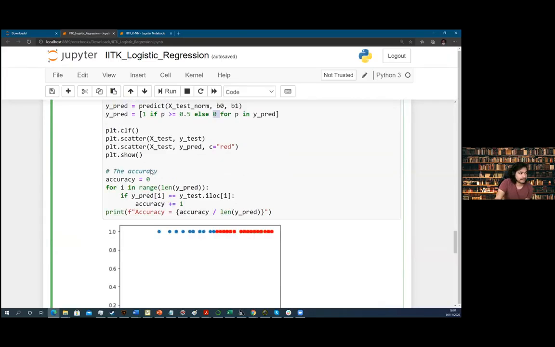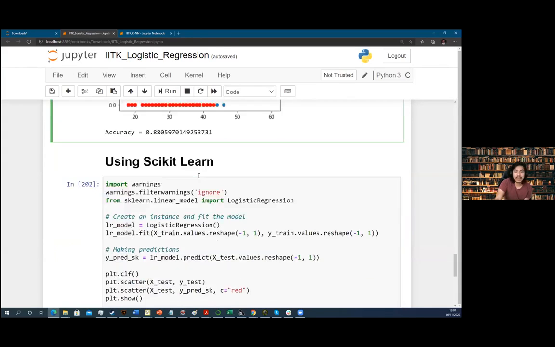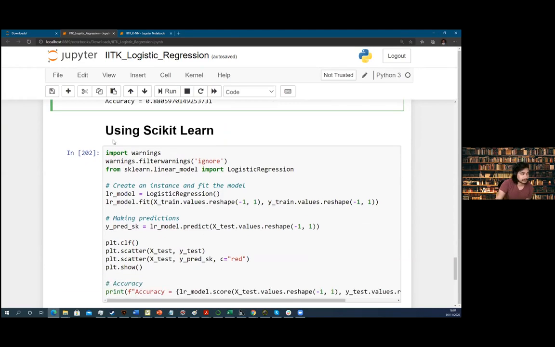Okay. So we are now trying to do a scatter plot, and we are looking at the prediction that we made and the accuracy that we got. The accuracy that we have received here is 88%. Now we do the same thing using the library. I hope I've been able to make you understand the model very clearly. It is one of the simplest Python programs you might have come across, with very simple arithmetic going on here. So using scikit-learn,